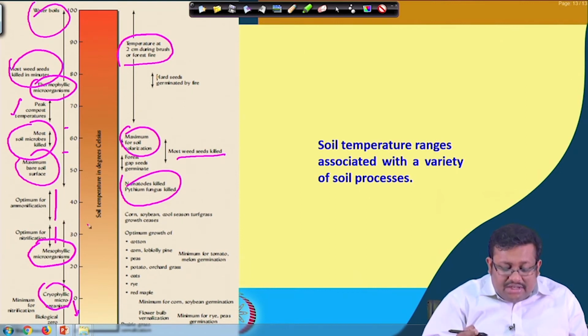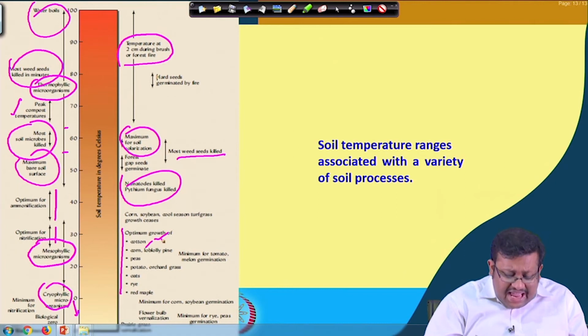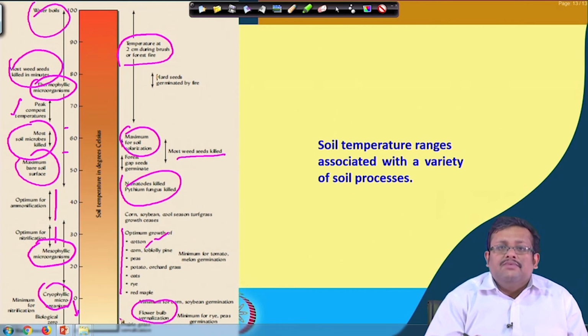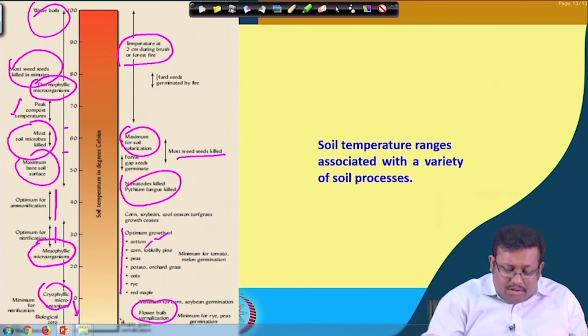And for germination, for optimum growth of most of the crops, you will see it grows in the range from 10 degrees to around 30 degrees centigrade. So, for most of the crops, optimum growth of cotton and corn, peas, potatoes, grass, oats, rye, rice, maple, everything can be grown. Most of them are grown optimally in this temperature region. And below 10 degrees centigrade you will see flower bud vernalization. What vernalization is we will discuss in the next slide, and these are also minimum for rice and peas